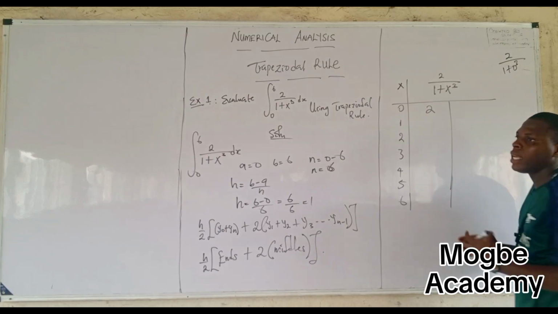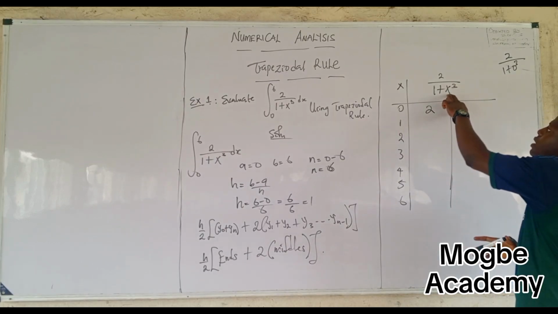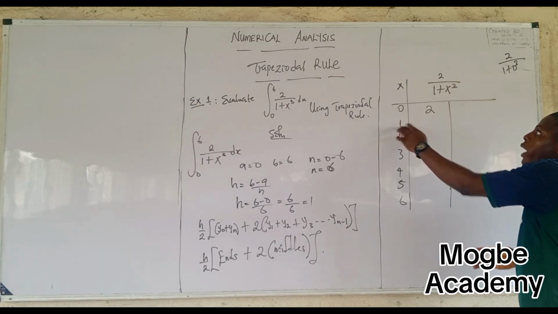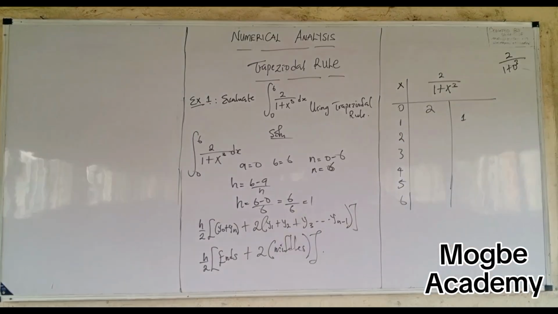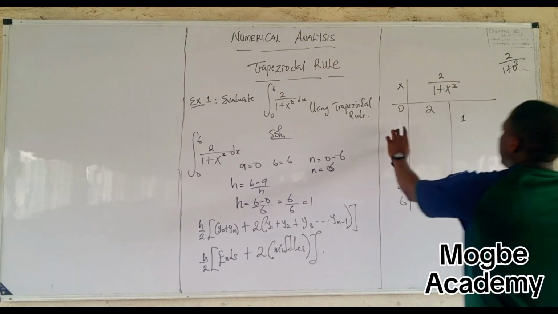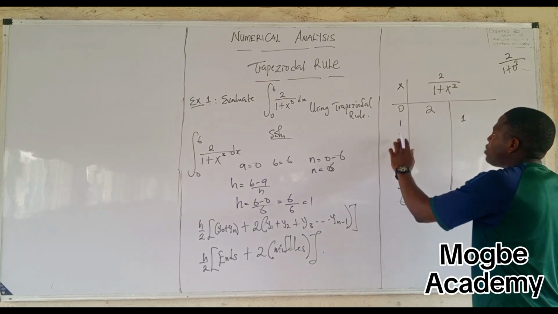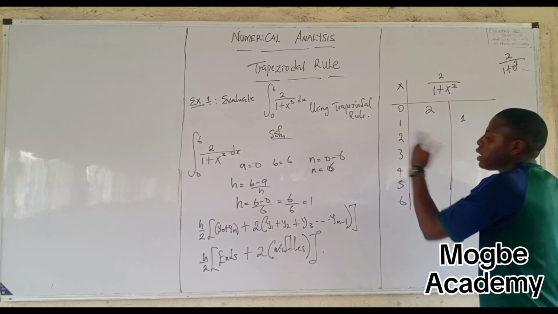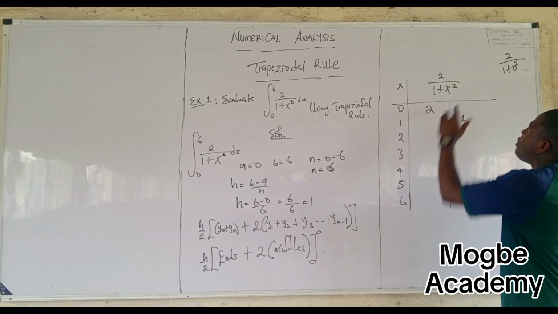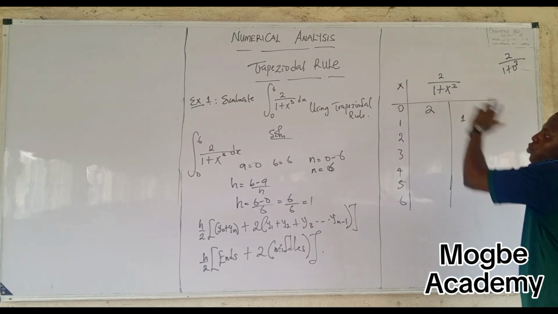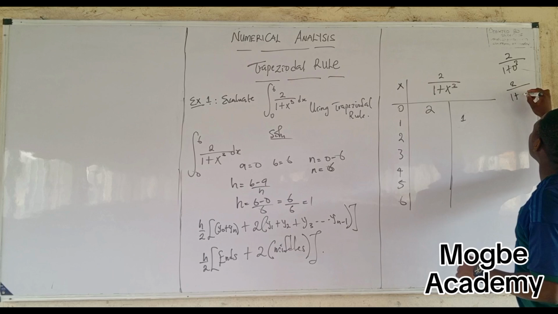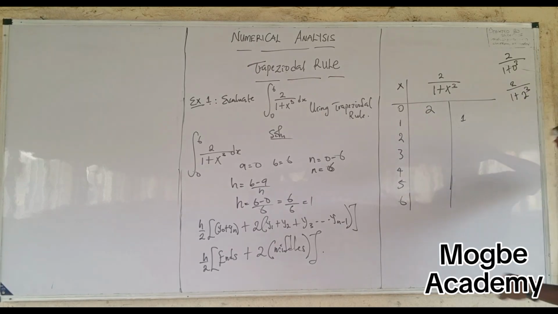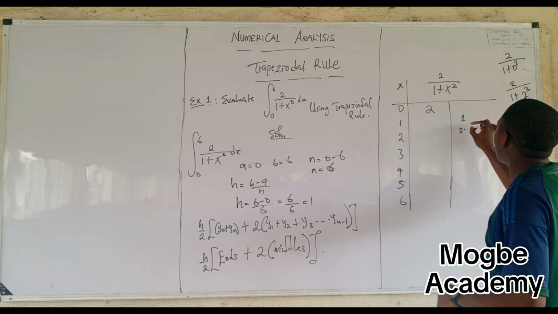Now after that, the next one is for 1. Anywhere you see x raised to the power of 3, you put 1. So if you do that, you simply arrive at 1. Now the next one is for 2, and 2 is in the middle. Are we together? For 2, anywhere you see x raised to the power of 3, you put 2. You simply have 2 over 1 plus 2 cubed. Are we together? Now, if you punch this with your calculator, you simply arrive at